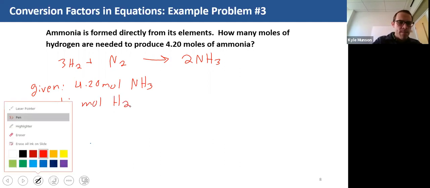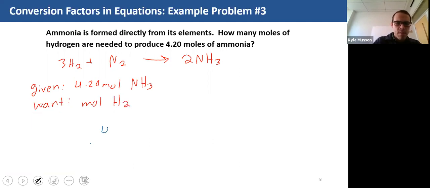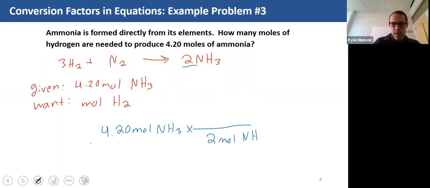So now 4.20 moles of NH3 times, well, for every 2 moles of NH3, there's 3 moles of hydrogen. So when I put that in my calculator, I get 6.30 moles